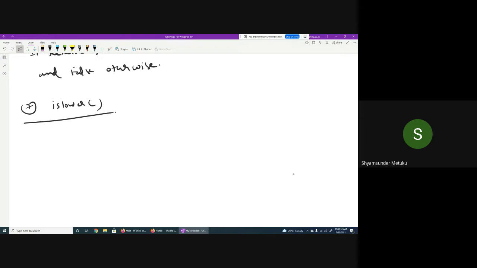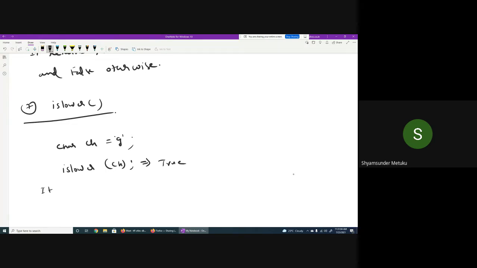Okay, so some of the examples. Let me have a declaration CH is equal to G, and then is lower of CH. Instead of writing directly inside the function, I'm declaring a variable CH of character data type and passing it as input. What will be the output? True, because G belongs to lower case, so it is acceptable.